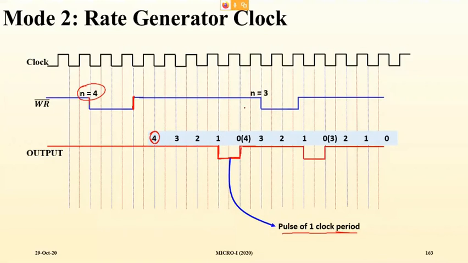Okay, so this is the clock period of the clock. So if you are using 20 kilohertz or something, then 1 by 20 kilohertz time period will be used to keep it low. Then again the count will be loaded, that is 4. Then again 4, 3, 2, 1, and if suppose somewhere in between the count you load a new number, remember the present count will complete, and then a new number will be loaded from the new count.